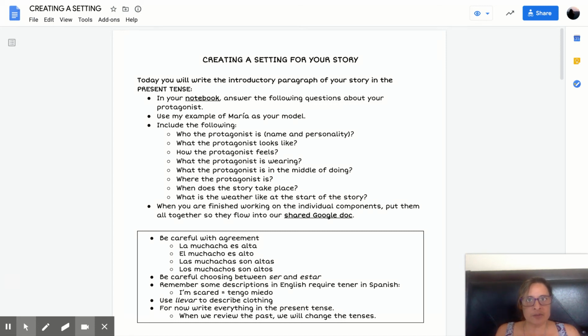The only thing that you're going to be doing today, in addition to the meditation and the joke and the meme, is working on creating this introductory paragraph. I did not add any additional work because I want you to be able to be thoughtful and to take your time creating a good, meaty, interesting, detailed introductory paragraph. All right, we're going to start off with